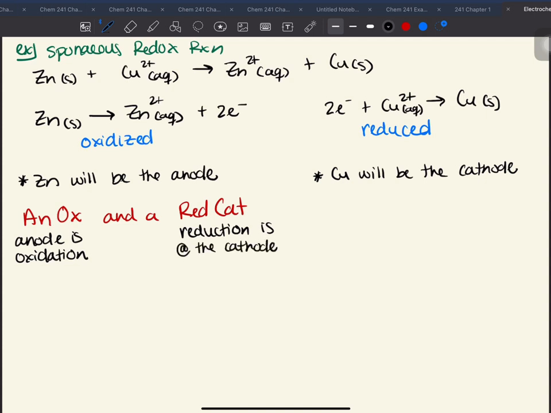So that's a way you can remember which process is happening at which electrode. So when you look at this, the cations are going to move through the salt bridge from the anode solution to the cathode solution, and the anions will move through the salt bridge from the cathode solution to the anode solution. So if I look at my two half reactions,